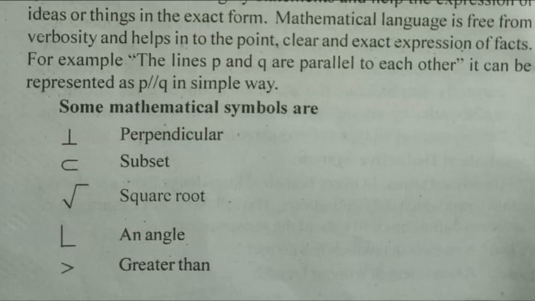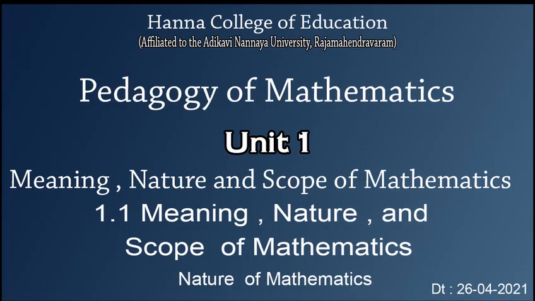The third one is pure and applied mathematics. Pure mathematics starts from rules of inference. It treats only theories and principles without regard to their applications to concrete things. It involves systematic and deductive reasoning. If A is greater than B and B is greater than C, then A is greater than C. Thus, from given propositions, we conclude that some other proposition is true.